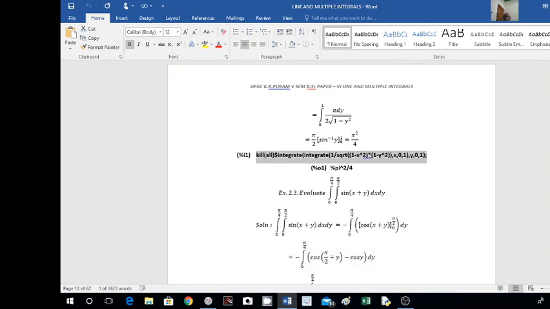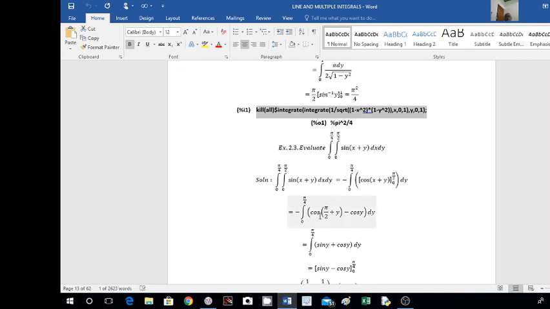Now, what is cos of pi by 2 plus y here? Cos 90 plus theta lies in the second quadrant, and in the second quadrant, cos is negative. This becomes minus sin y. Cos of pi by 2 plus y is nothing but minus sin y. So minus sin y minus cos y. Outside minus sign is there, I will take this inside here. So this becomes plus, this also becomes plus. That is sin y plus cos y, dy.